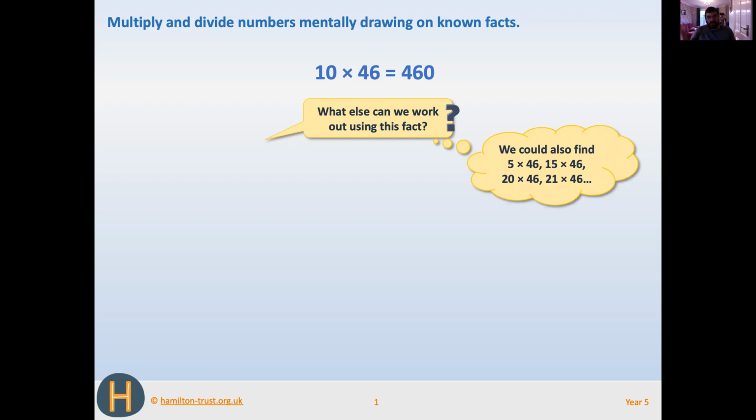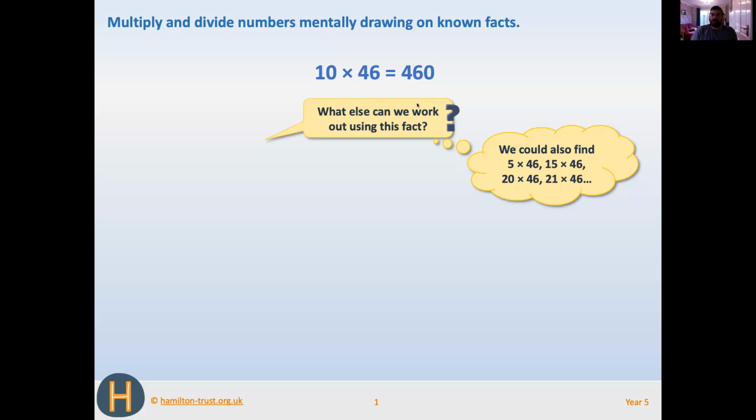You could work out 5 times 46. You could work out 15 times 46, 20 times 46, 21. For example, 5 times 46. Did you know how to do that? Maybe we could just half it. 5 times 46 must be 230. Must do 15 times 46 then is those two things added together. And 20 times 46 is double the answer to this. So you should be able to know that that's going to be